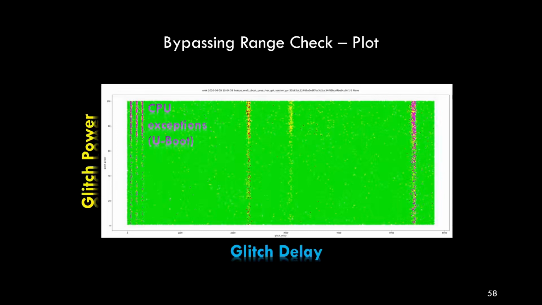Based on the responses of the experiments, we determined that in the beginning of the attack window, we get a lot of CPU exceptions. And these are actually thrown by U-boot. At the end of the attack window, we also get CPU exceptions, which are actually also thrown by U-boot. So this tells us that our observation that there's a little bit of U-boot, then QSEE, and then a little bit of U-boot, is matching with reality. Now, when we looked further at the experiments, we noticed that exactly within this window, the successful glitches were also present. So it is shown that at a very specific moment in time, we were able to gain successful glitches within this attack window.